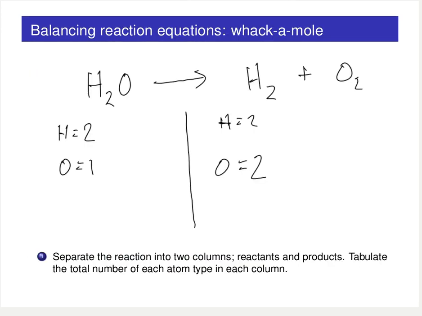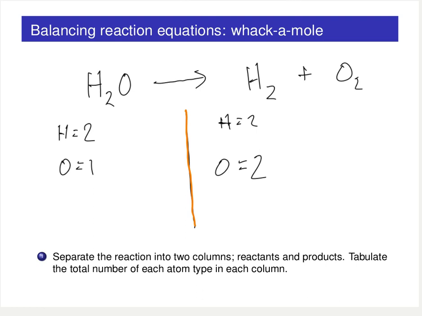All right, so the first step in balancing a chemical reaction equation using the whack-a-mole method is to basically write a line right down the center, separating products and reactants, and essentially build a little table that will allow you to quickly and efficiently represent tallies of how many of each atom type are present on both the reactant and product side. So in this case, if we look at the decomposition of water, H2O going to H2 and O2,